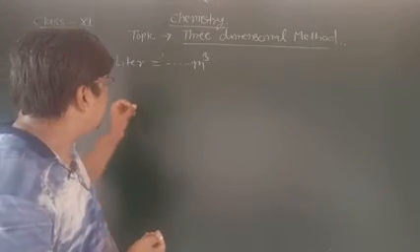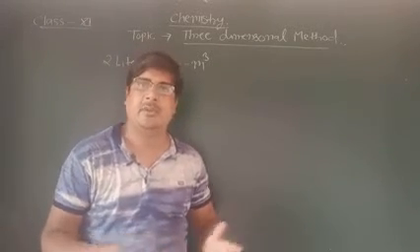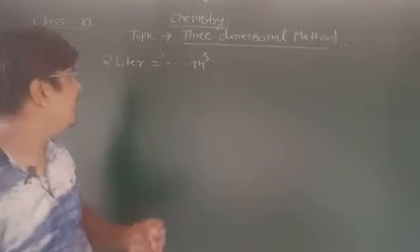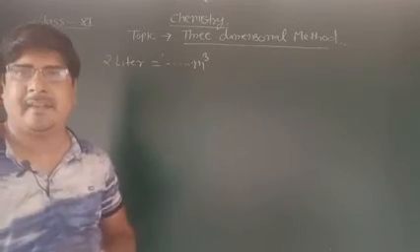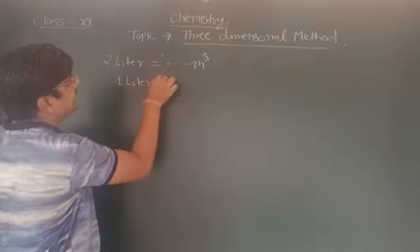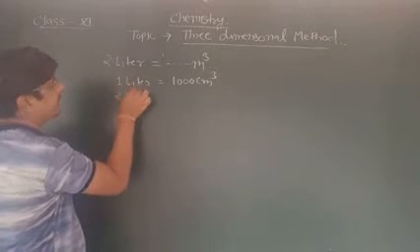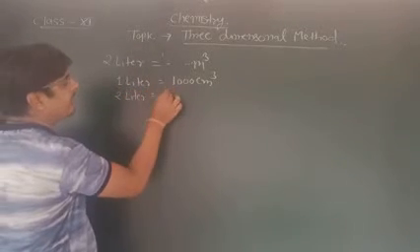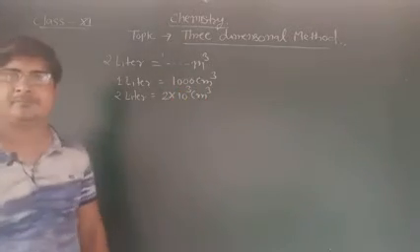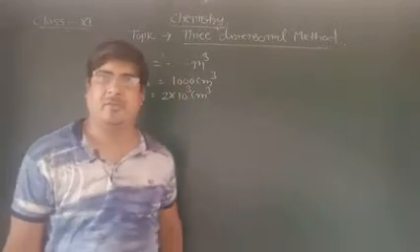I have never told you the direct relation between liter and meter. But in the previous video, I told you the relation between liter and centimeter cube: 1 liter is equal to 1000 centimeter cube. So 2 liter will be 2000, or 2 into 10 to the power 3 centimeter cube. Am I right? So this is the relation between liter and centimeter cube.